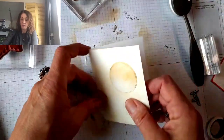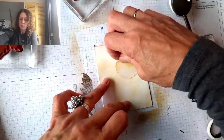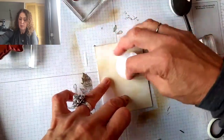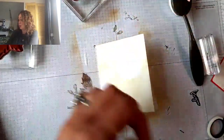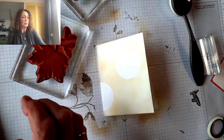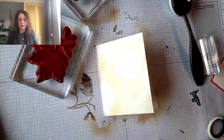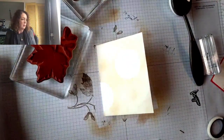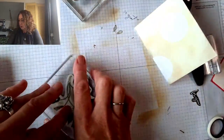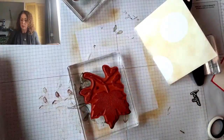Peel them off. Sticking those things to my hand first really does take just enough of the tackiness off so that you don't ruin your paper. Okay, because the first time I used it, I did ruin my paper. I'm looking for my cleaner, which I'm not seeing, so you know what? I have no idea what I did with it. Just doing this, and then we're going to do